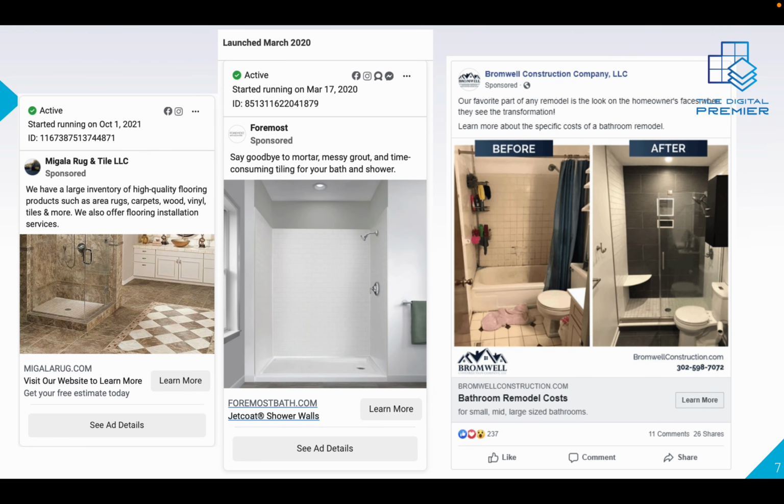I just wanted to show you guys some of the ads that are currently running, and they're successful and they're working. And the way you can tell is by the date that they were started to run on, and if they're active. So looking at these ads, some of these are somewhat new. This one's on October 2021, but it's still active, right? So it's still running. This one has been running since March 2020, and it's still active. So this one is performing very well,